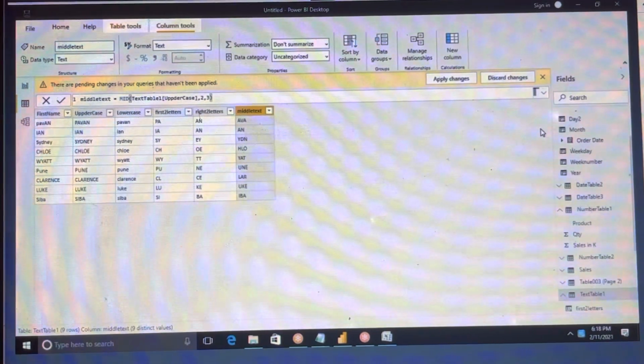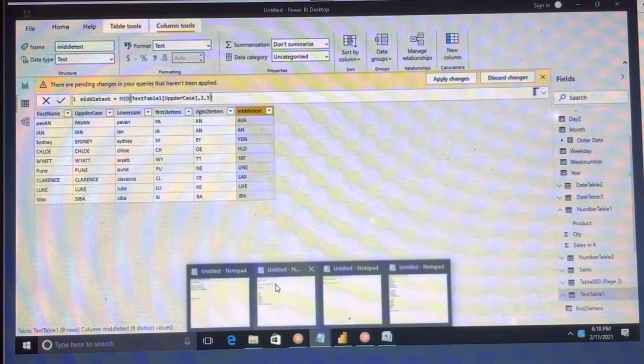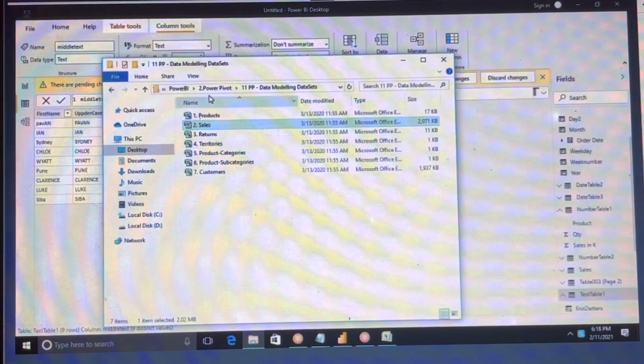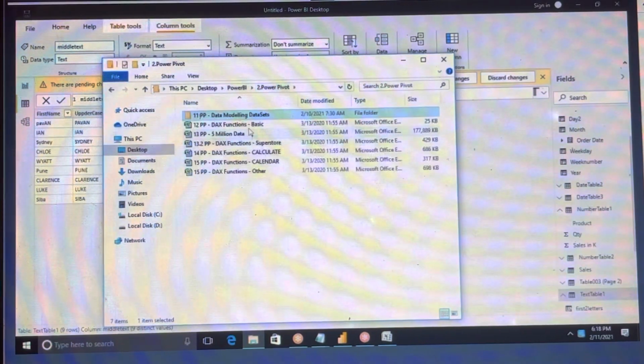Can you revise in short what you did today? Today we discussed how to get more than 4 or 5 million rows of data. We have seen the sample file, and we got the 5 million rows of data.